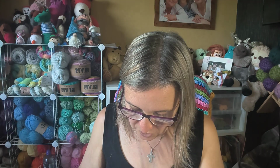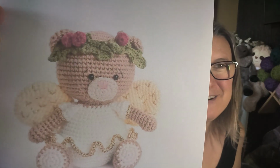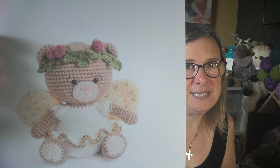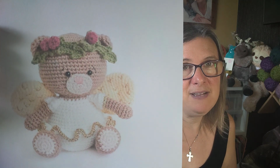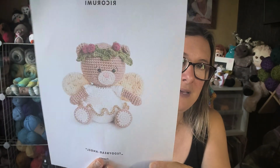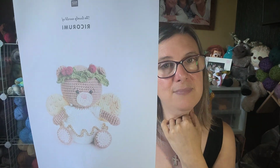Now we're going to go over to Love Crafts, and I found a teddy angel. Now I think that is so cute and adorable, and it would be so lovely to make it and then put it away after Christmas and then bring it back out again. Or you could even keep it out all year long, because at the end of the day, fairies are fairies, aren't they? And maybe if you made the thing around its head removable, you can just leave it out and